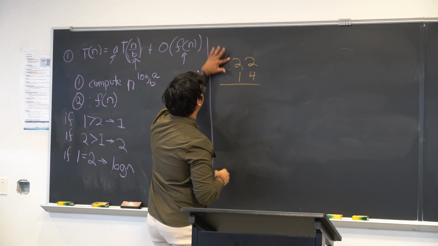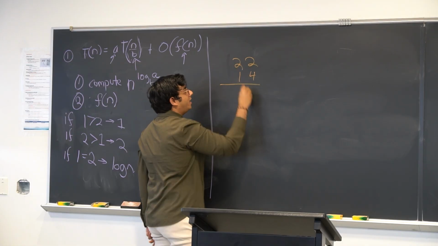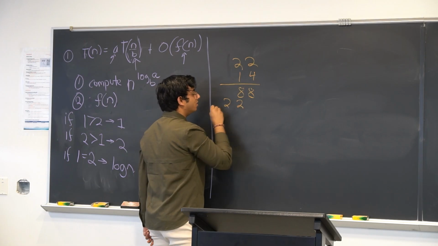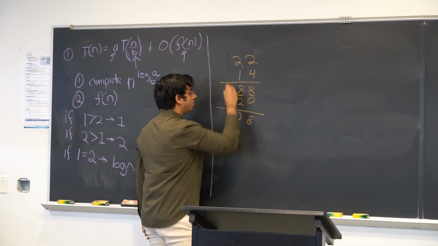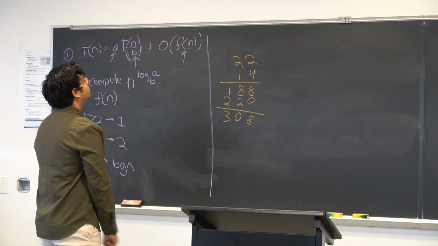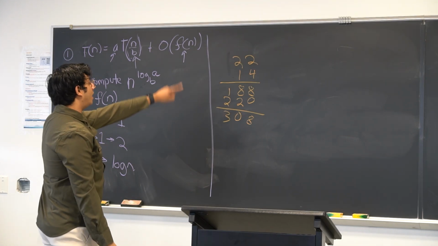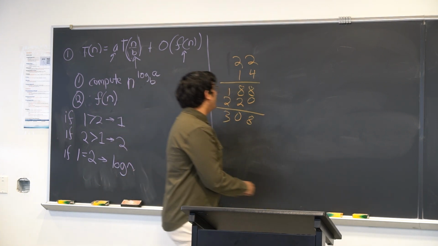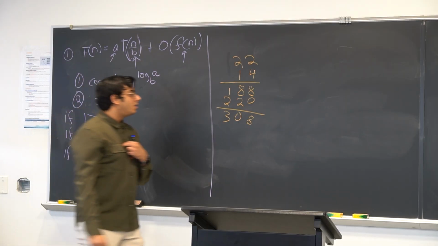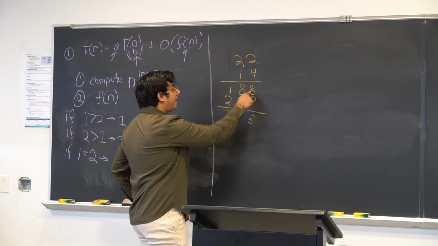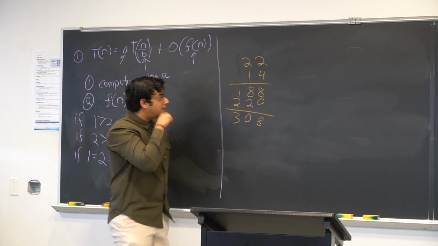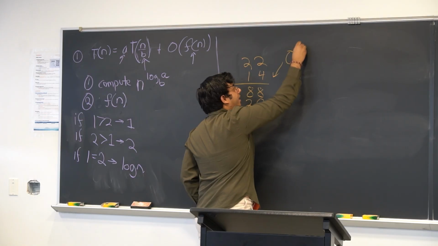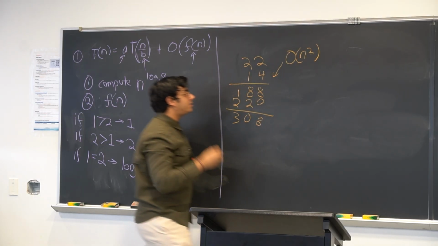This is too hard for me, so I'm going to erase this one. I don't know grade school math. Yeah, okay, cool. If it's wrong, well, how many additions did I do in this operation? I had to add this and this, I had to add this and this, I had to add this and this. So overall, to multiply this whole thing, it took order n squared time, where n is the number of